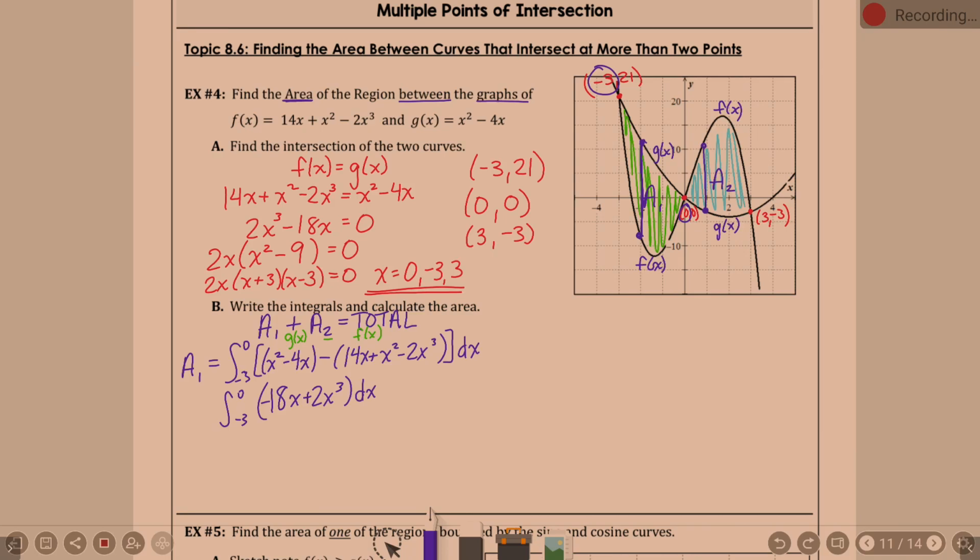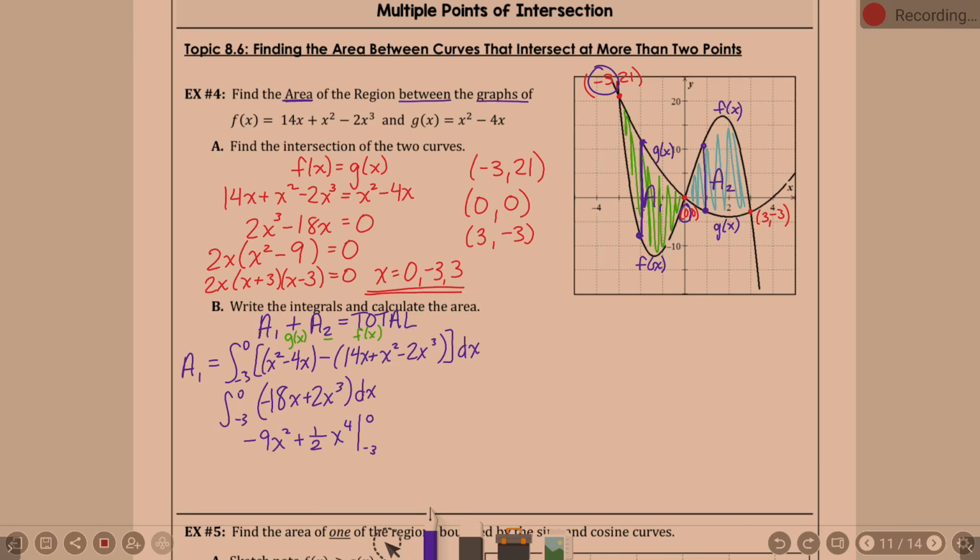-18x. Add 1 to the power, divide by the new power. Oh, it's already mixed. Sorry. Made 9x right. Add 1 to the power becomes x squared. You divide by that 2, it's -9x squared. Plus 2x cubed. Add 1 to the power, divide by the new power. Yeah, 2/4 or 1/2. Whoops. 1/2 x to the 4th. And this is going to be evaluated from